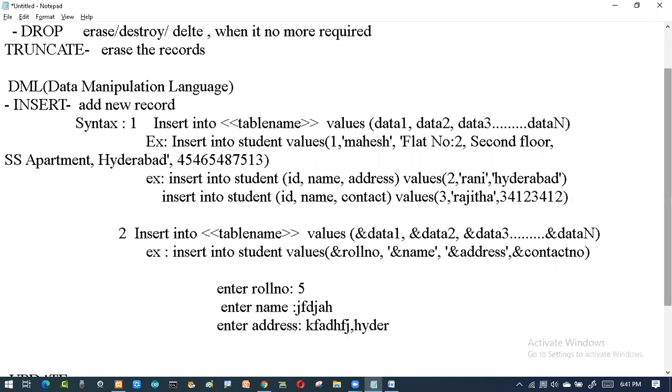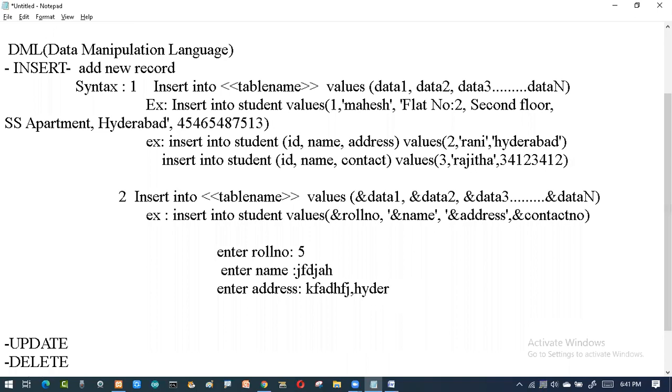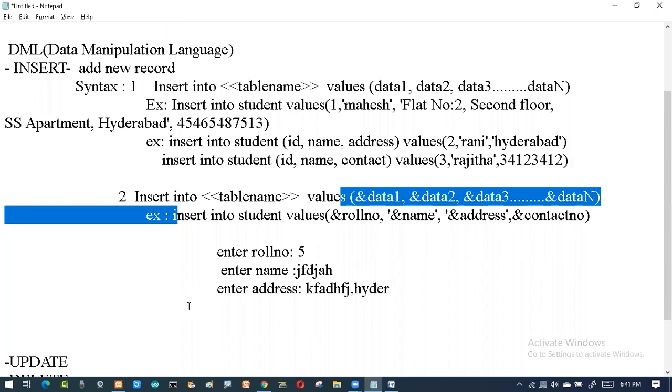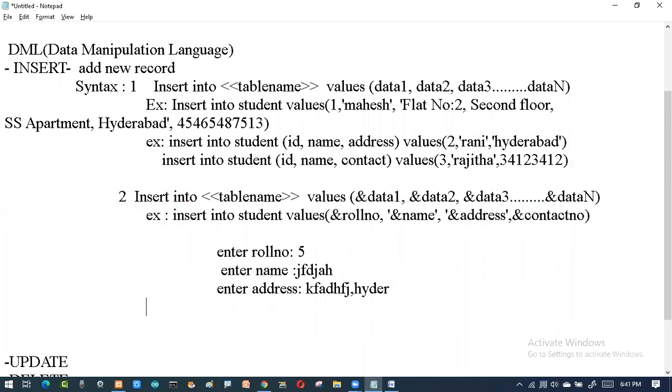Then next time, if I want to go for the second record, I'll not type the command. I'll not type this; simply I'll say slash. When I do this, again I'm going to get the prompt, and then I'll enter the values.